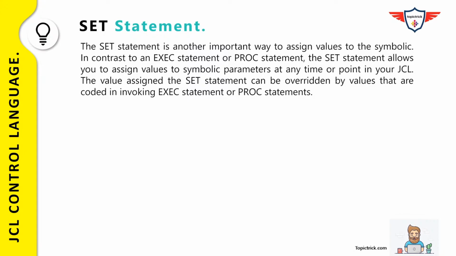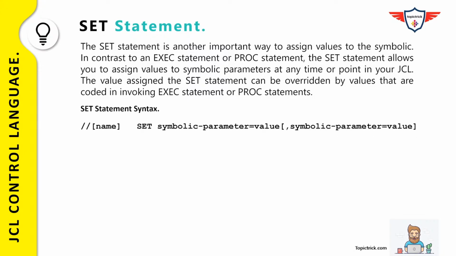Now let's talk about the syntax of set statement. So the syntax is pretty simple and straightforward. You have DD name, after that you have set keyword followed by symbolic parameter. After that you have to specify the value that you want to assign to that particular symbolic parameter. And similarly, if you have multiple symbolic parameters, then you can use comma to provide other symbolic parameter value. So if you look at the example,